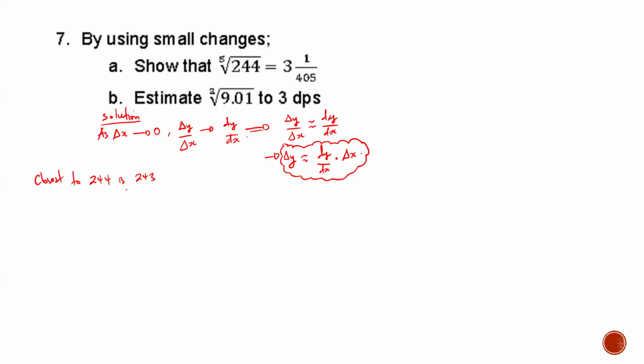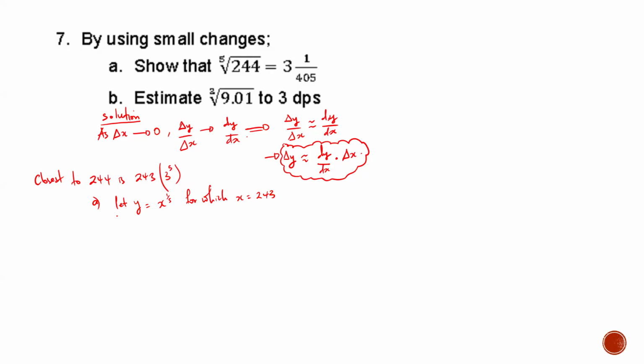Okay. So the closest to 244 is 243, which is 3 power 5. So what we are going to do is, because now you've started the solution for part A, we shall say let y equal to x power 1 over 5, for which x is